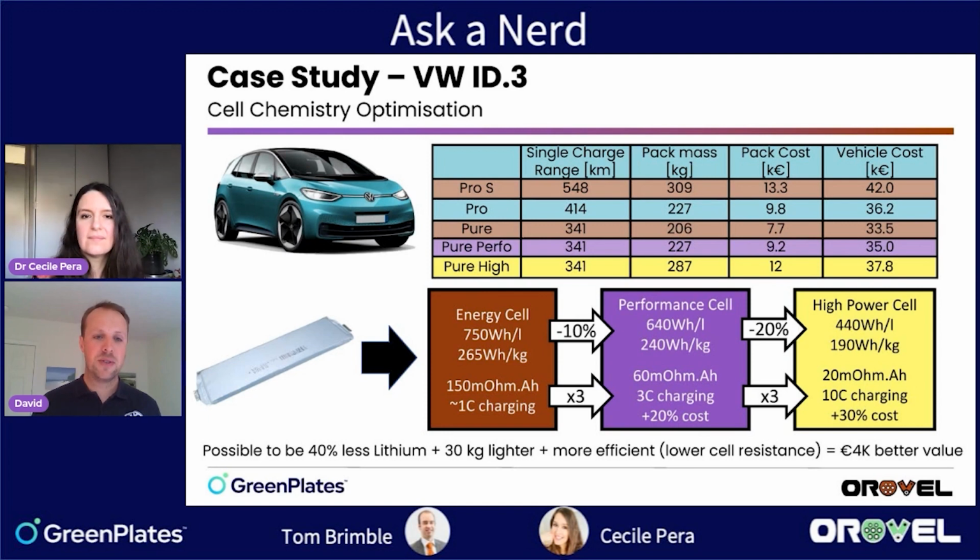So thinking of those, we've got a step from an energy cell to a performance cell, and then to a really high power cell. That type of cells that exists. You are giving here an example of something that could be done, right? Absolutely. These are off the shelf. I mean, these are cylindrical cells that I've taken the data sheets from because they're a bit more open source available, those data sheets, than some of the prismatic ones. But again, the numbers all come out pretty much the same. So yeah, if we took a 10% hit on the energy,